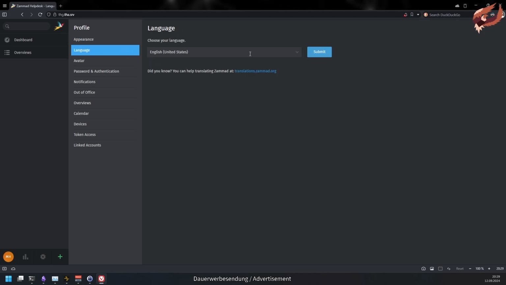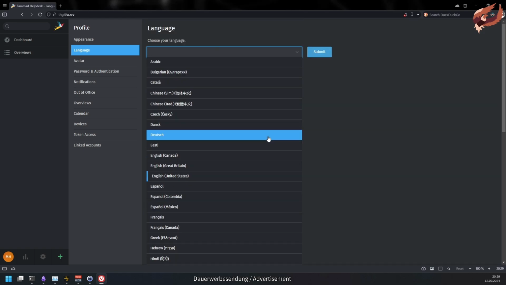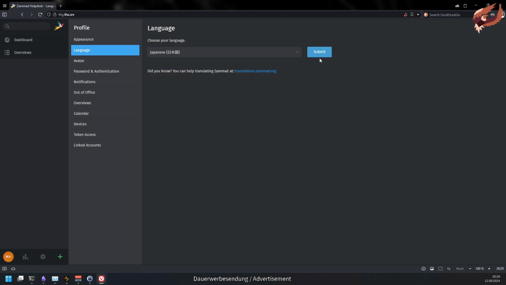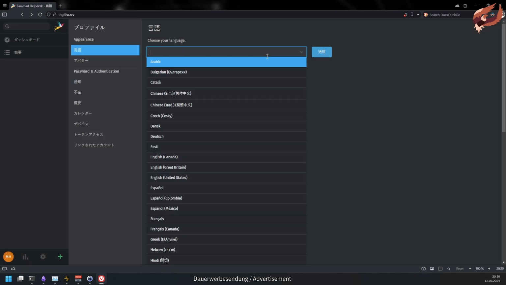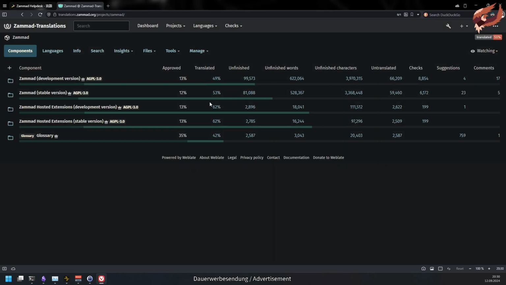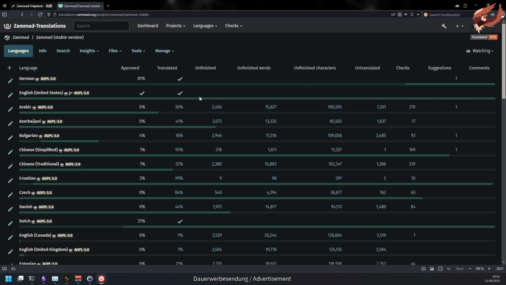Within language, you can change the web interface language. This only affects the user's view and has no effect on text modules and such. If your language is below a certain translation percentage, Zammad will show a dialog to request you to help to translate. Zammad has a central Weblate instance for translations. If you have some spare time, translating missing translations will not just help on your local instance, but also other